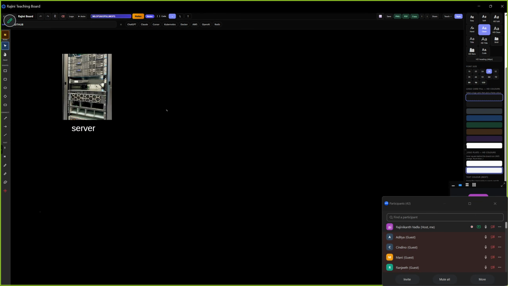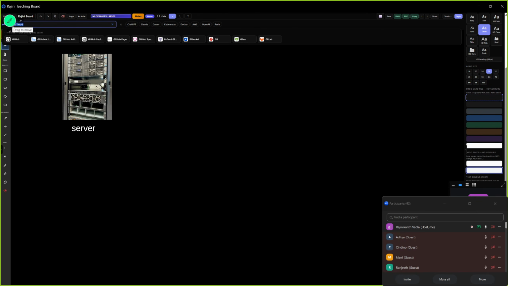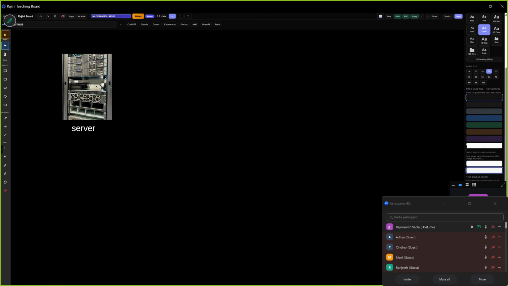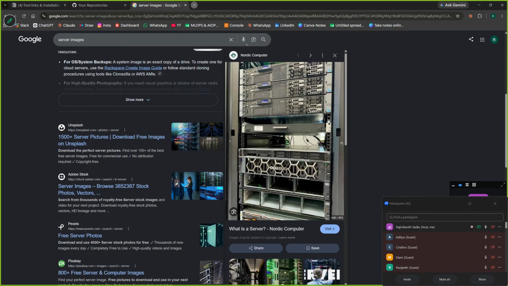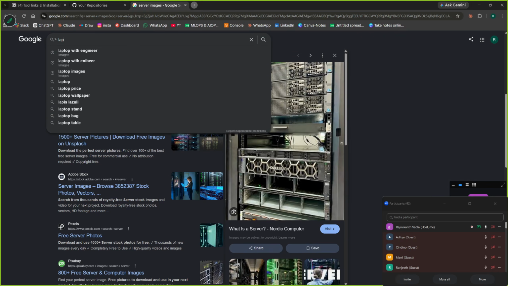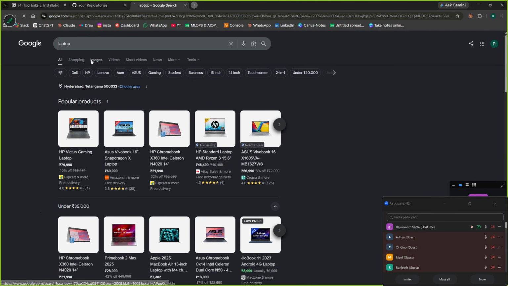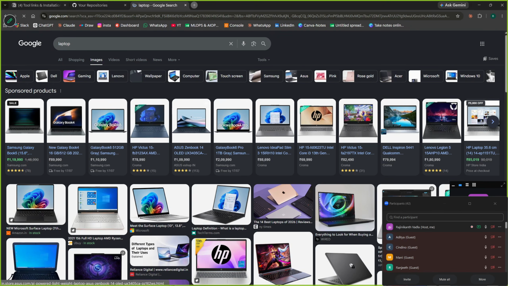Okay. Along with this server, I do have a laptop also. Right side, I'll keep the laptop. This is my laptop.